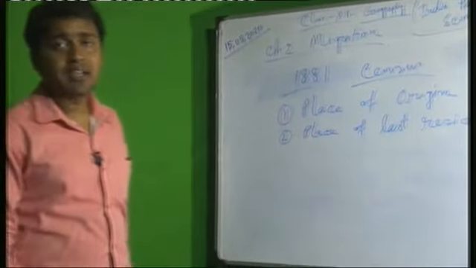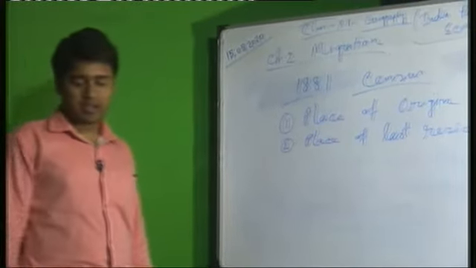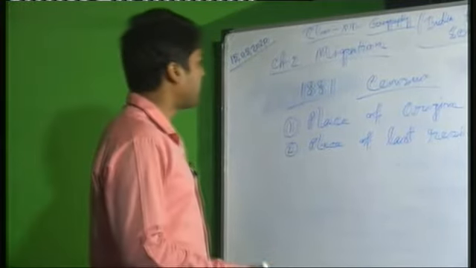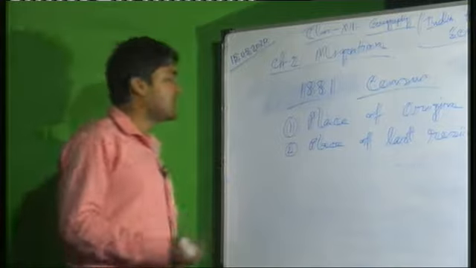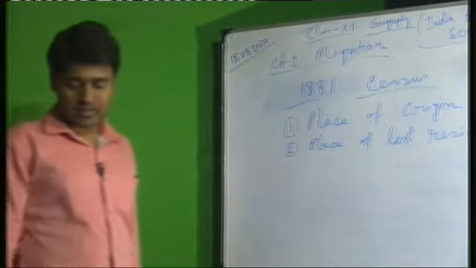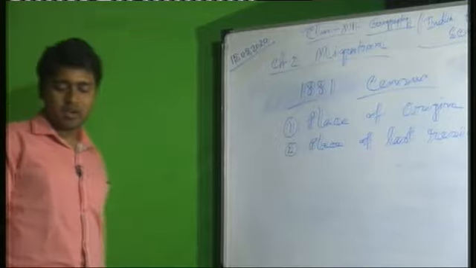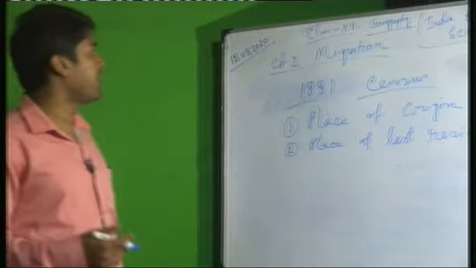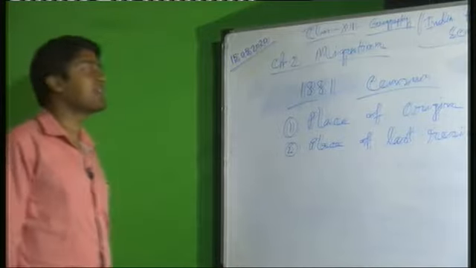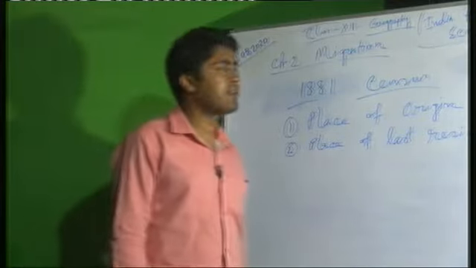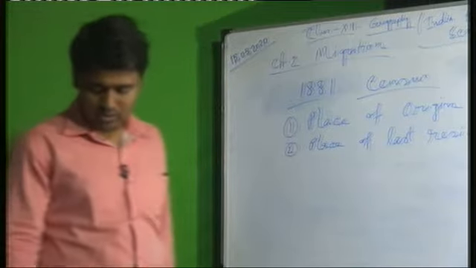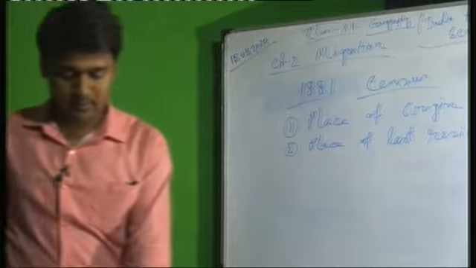Now according to the last census in your book, the census of 2001, though the 2011 census has also been done, and after that the 2021 census will be published by the central government. According to the census of 2001, when the population was 102 crore, during that time 307 million people, that is 30% of people, migrated from one place to another place. This is also important information.